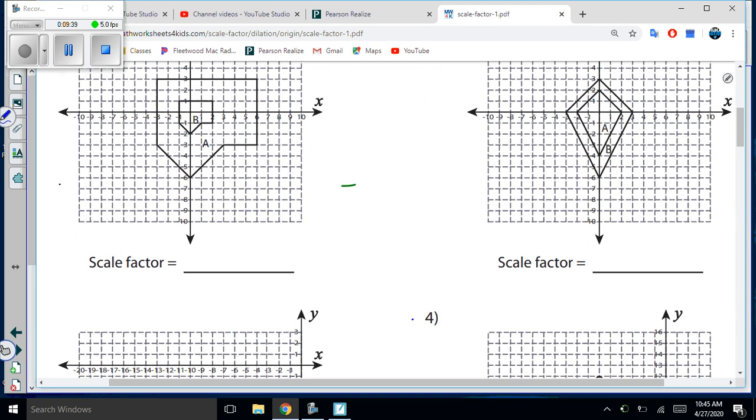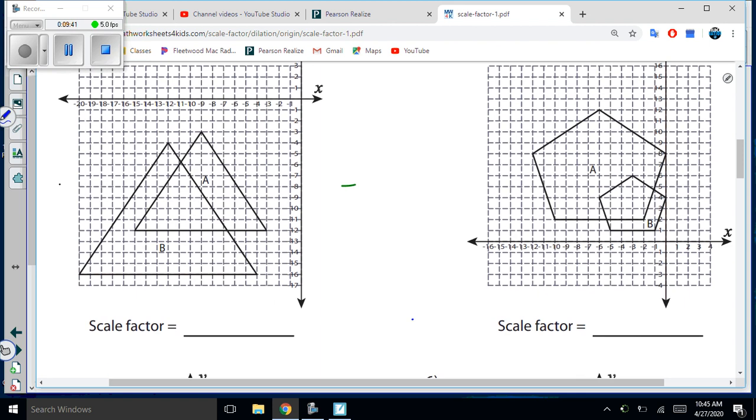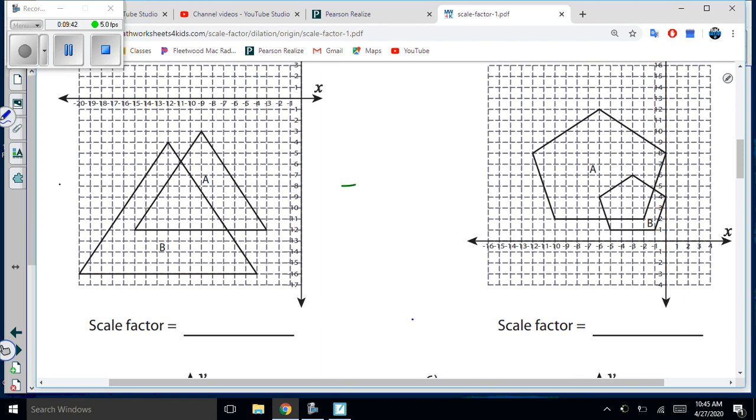All right, so let's kick this up a little bit. Take a look at this cat right here. And so in this situation, we're looking at what? A to B. Are we going along the origin? It appears so. So it looks like if I went up 1 over 4 over 3, up 1 over 3,